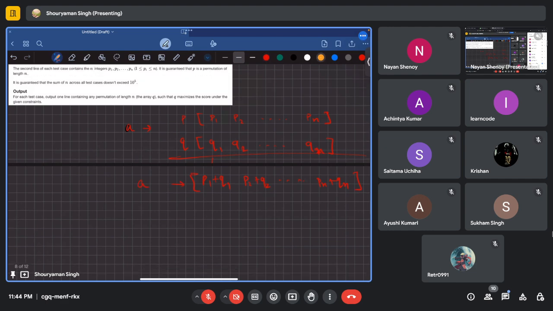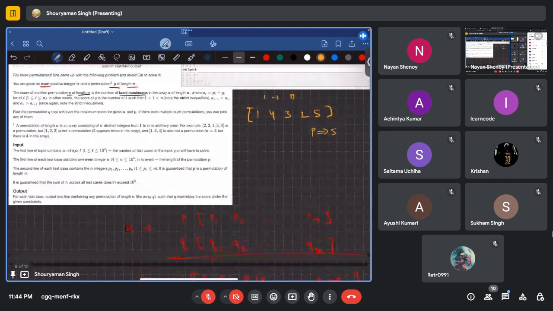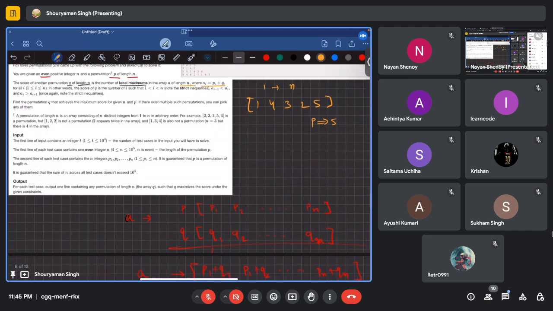Okay, and you have to find, so score of another permutation q is the number of local maximums in the array A of length n, where ai is equal to pi plus qi in this. In other words, the score of q is the number of i such that for i in range 1 to n